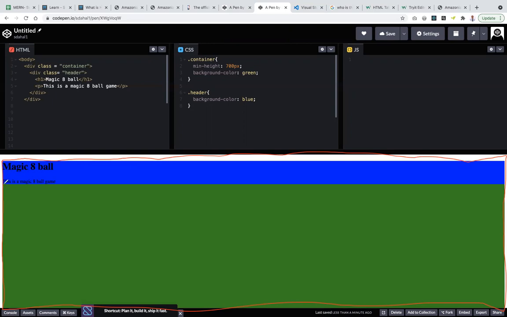So it looks like the green ends right here, but actually the green box is, if I were to not give this header any background color, you'll see that the green box is actually containing everything, right? But this header box has no formatting anymore. It doesn't have any code. So I can tell it, hey, give it a background color of blue. And now that